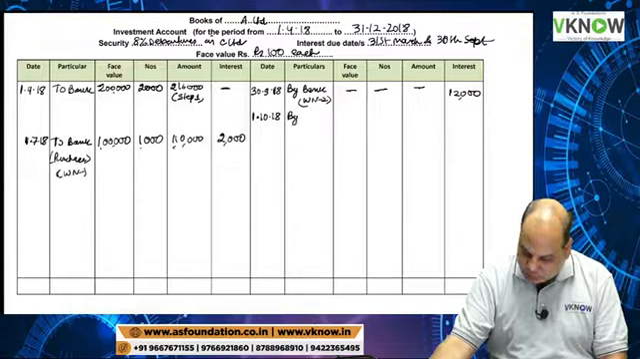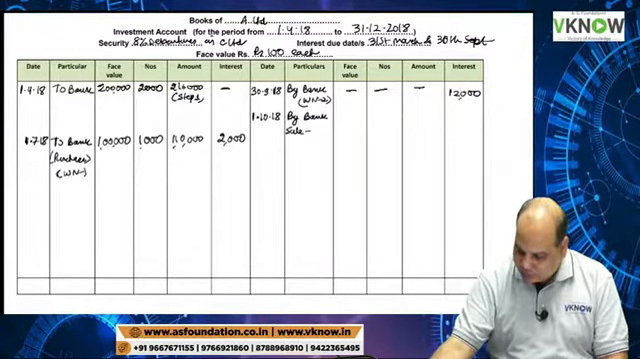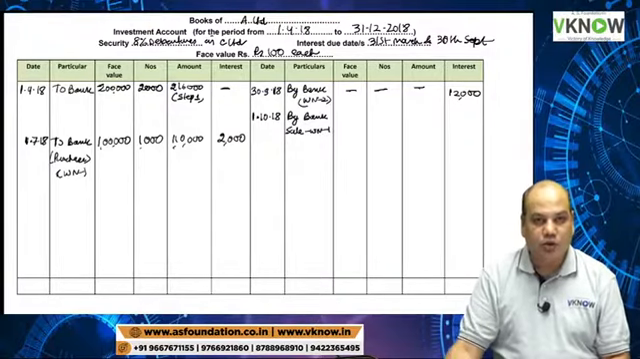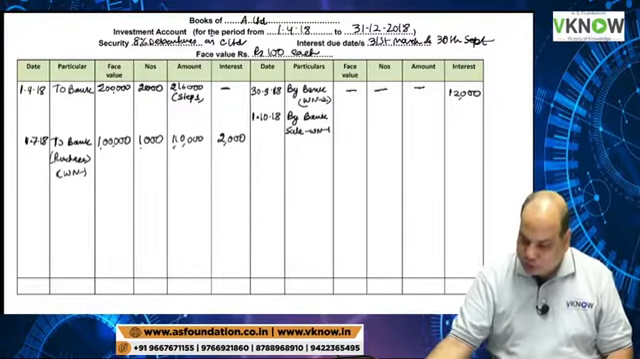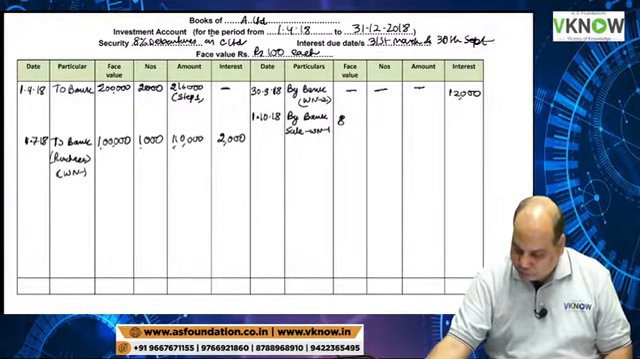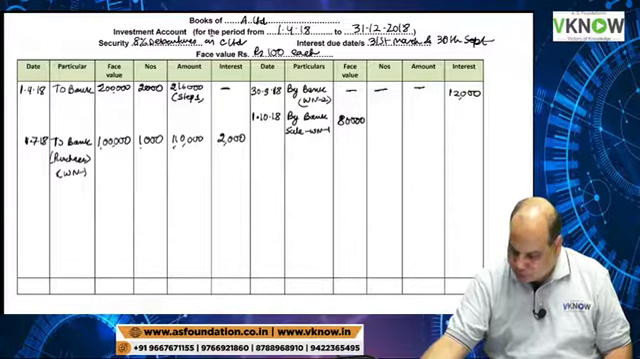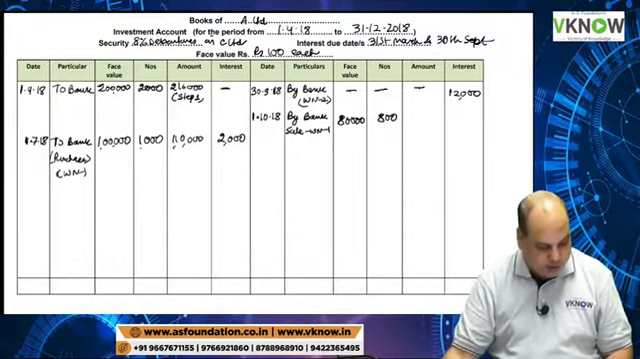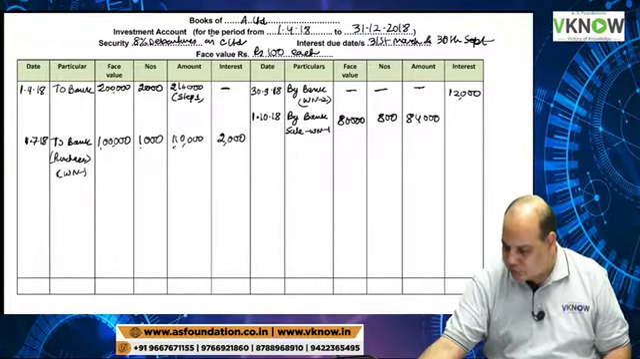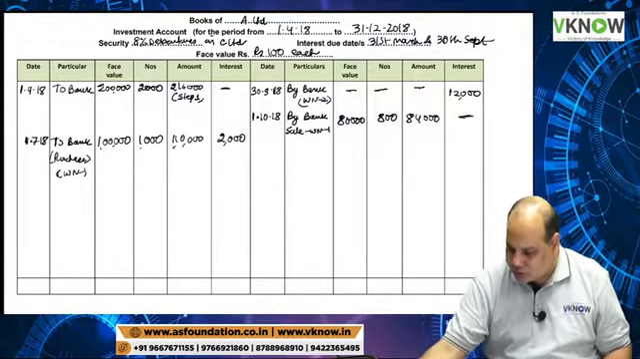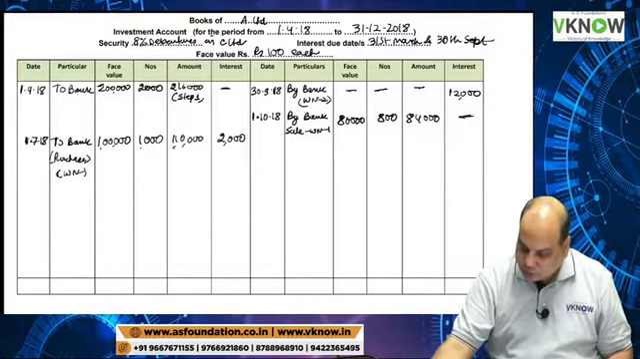So by bank, sale, working note 1. The face value of investment sold is 80,000, quantity is 800, and the amount was 84,000. Interest was not there. And on the same date,